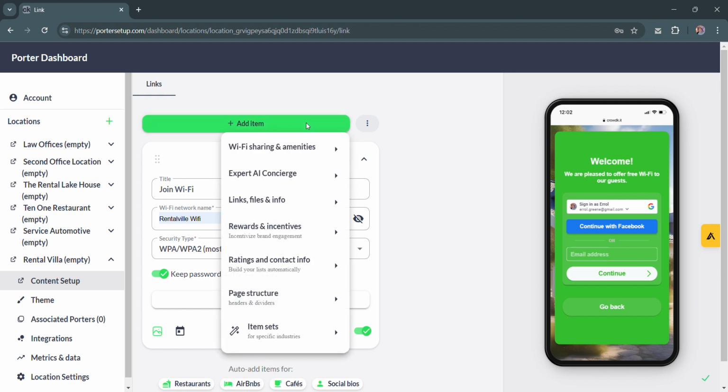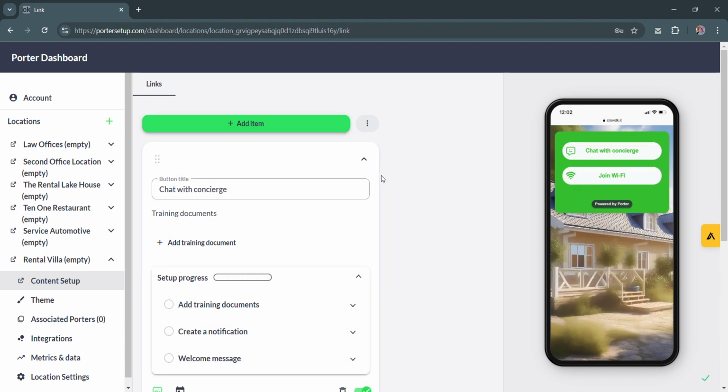Down here, let's go back over. I want to run through a few other features here. The next thing that you might want to consider is we offer an expert AI concierge. Now, this isn't just any normal AI concierge. This is an AI concierge that the property manager themselves sets up. It is essentially in the voice of the property manager. And what I mean by that is that if you have any documents, if you have specific things that you want to know about your individual property, you can set that up here, and the Porter Concierge Hospitality Edition will